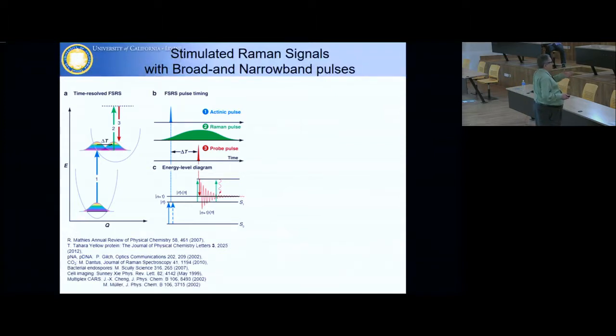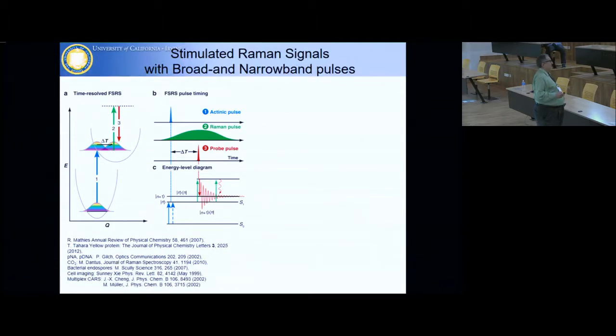The narrowband is picosecond, the broadband is femtosecond. And so what you do, the narrowband brings you up, and then the broadband stimulates you down, and then you look at the intensity as a function of the frequency,